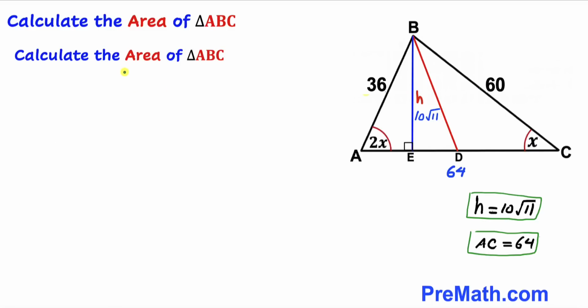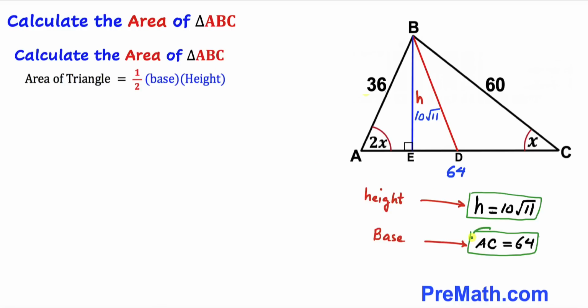Let's go ahead and calculate the area of this triangle ABC. Now let's recall the area of a triangle formula. Area equals a half times base times height. And in our case, our base AC is 64 units and our height is h equals 10 times square root of 11. Let's go ahead and fill in the blanks. So area equals a half times base, in our case 64, and our height is 10 times square root of 11. And if we simplify this, area turns out to be